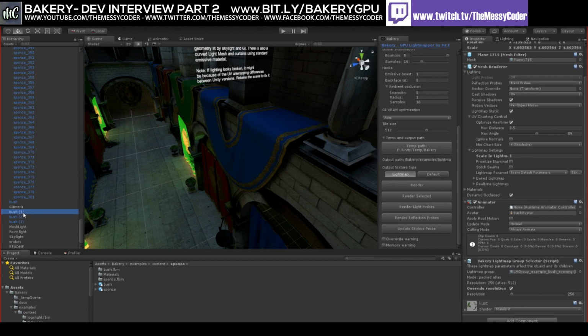Not exactly. Groups can cast global illumination to each other. Okay, so it's not a problem. It's not a problem, but the issue is